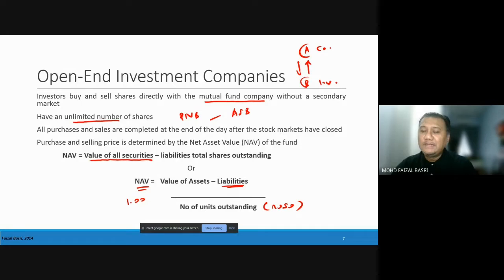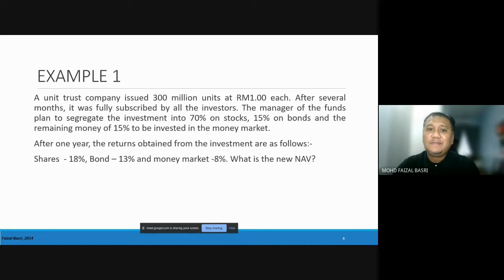Okay. Cuma untuk normal unit trust yang lain macam yang tadi tu, you nampak changes ada dekat dia punya NAV tu. So basically they use something like this punya calculations. This is just based on the simple one lah. Okay, katakan this company has 300 million units dan setiap satu unit tu berharga RM1. So nak cari number of units tu, basically kalau 300 million dengan RM1 satu unit, 300 million divided by RM1 is 300 million units, available in the market.